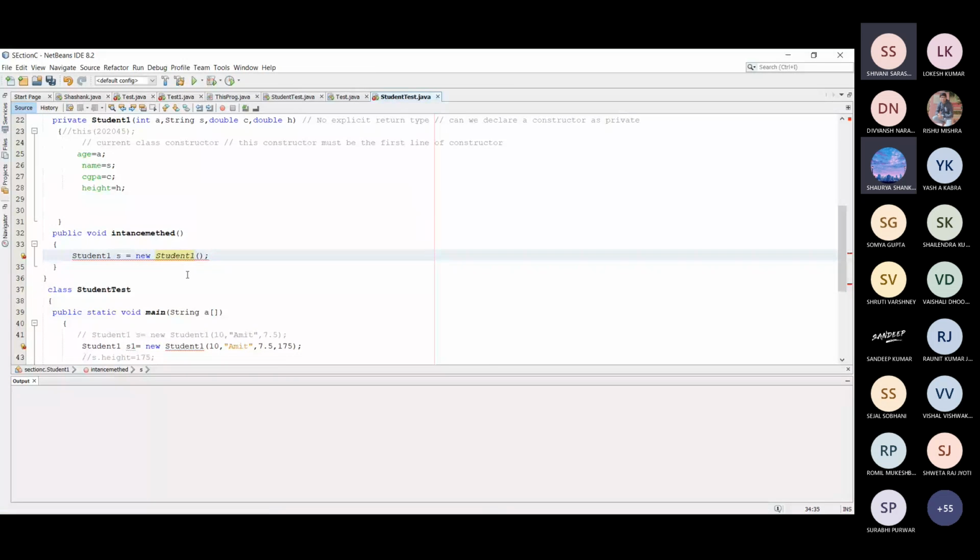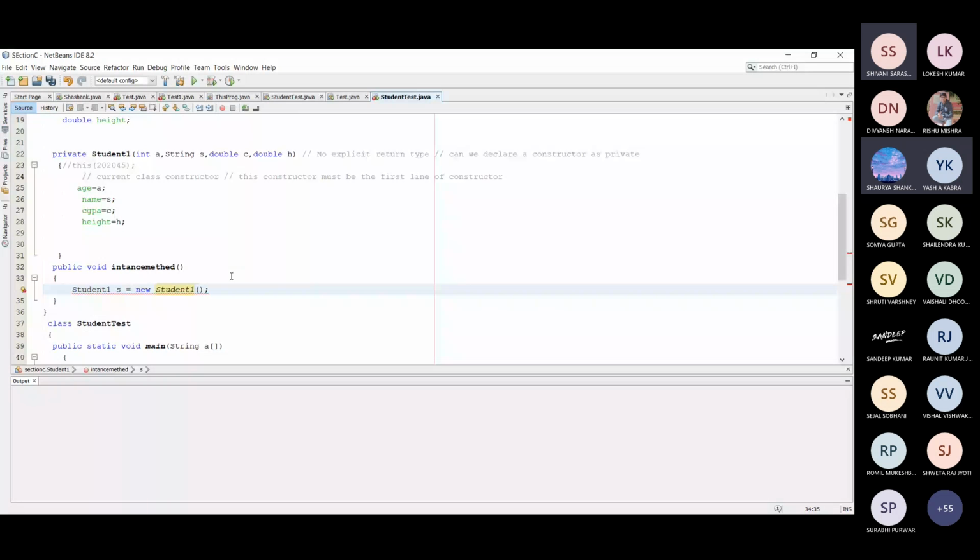Can anyone tell what is the problem here?